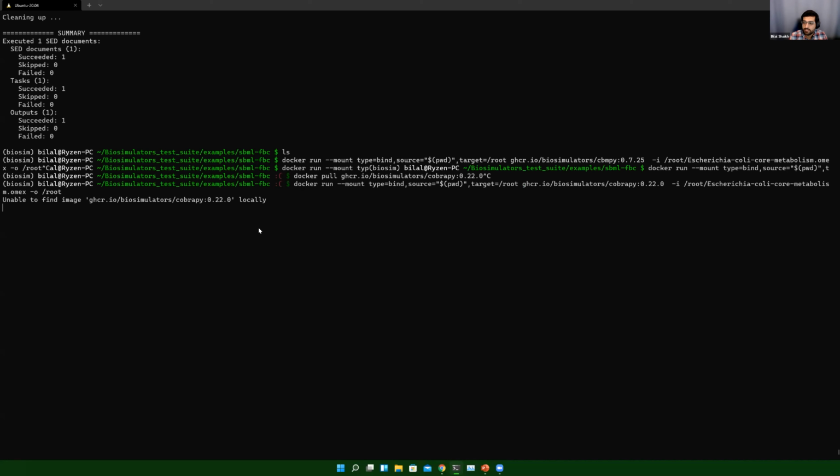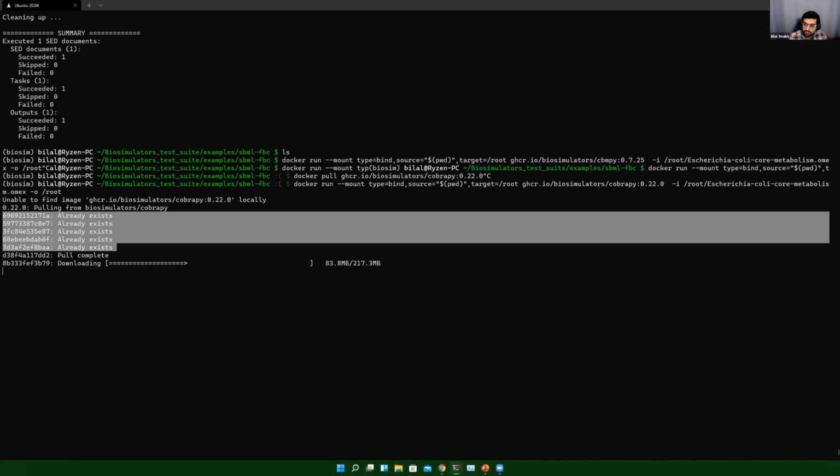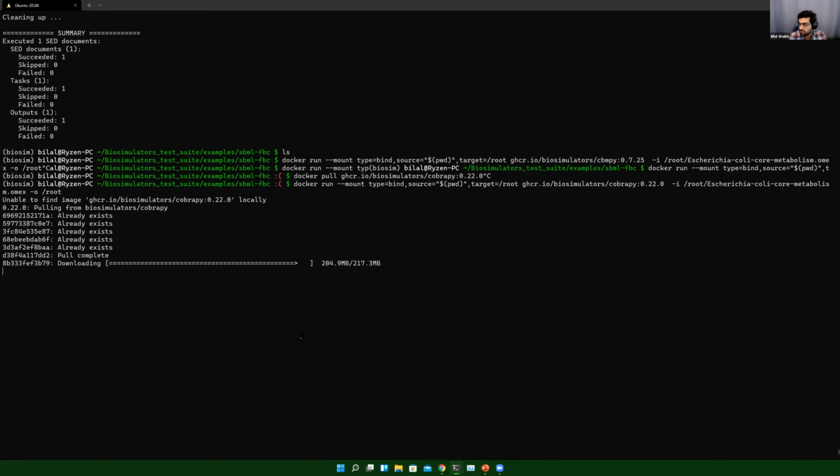And you can see that I don't have this image available on my PC, so it'll go ahead and just download everything for me. Since I downloaded the other image earlier, and these have the same root, you can see that a lot of this information was already cached. It can now download and extract that image, and hopefully just run it the same way.